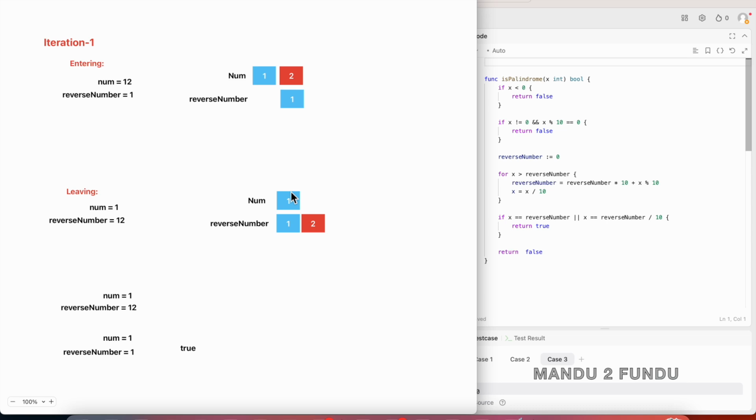Okay, so now in the third iteration we check whether the input number is greater than the reverse number. In this case it is not, because the reverse number is 12 and the input number is 1. So we break out of this loop. Then we check whether the input number is equal to the reverse number. It is not equal,